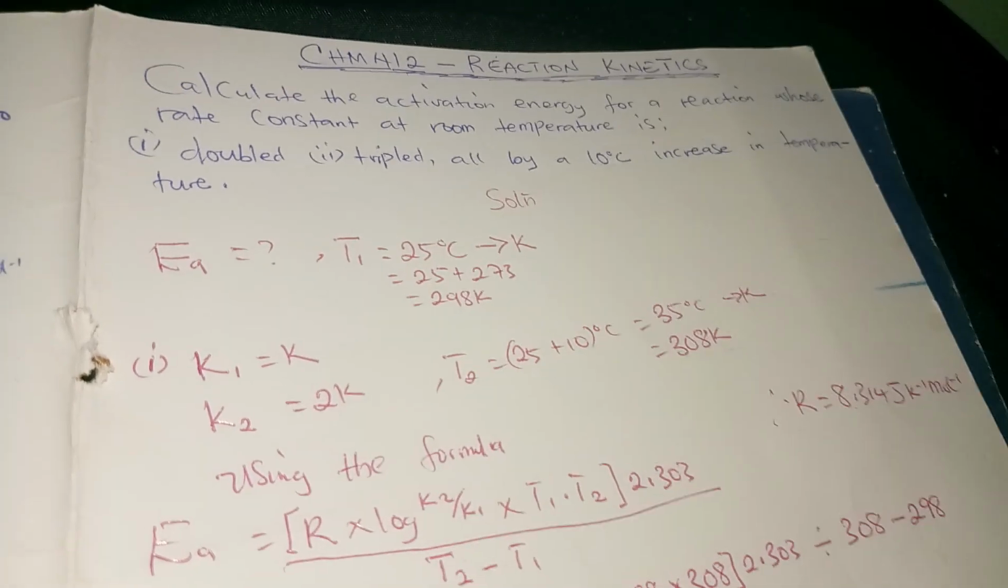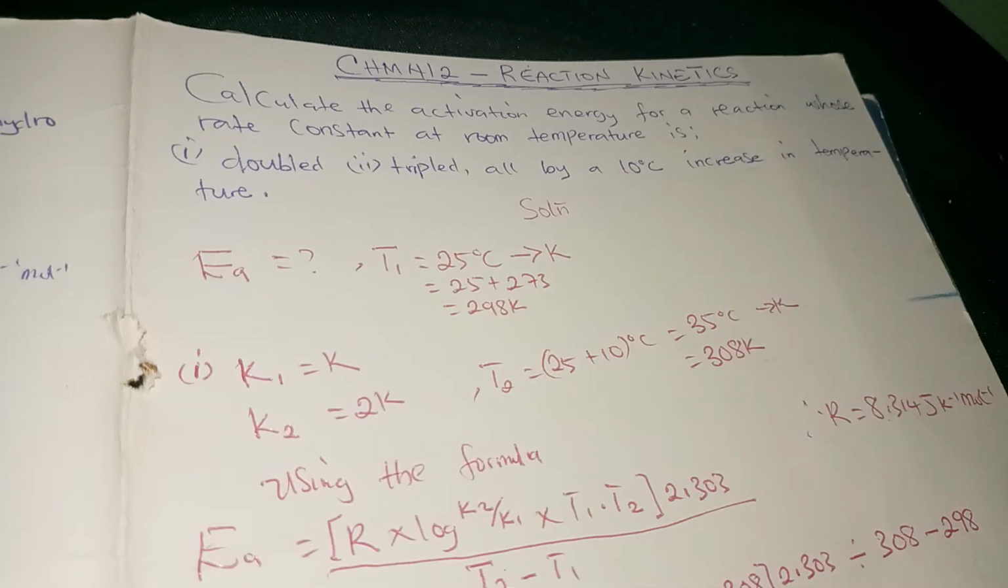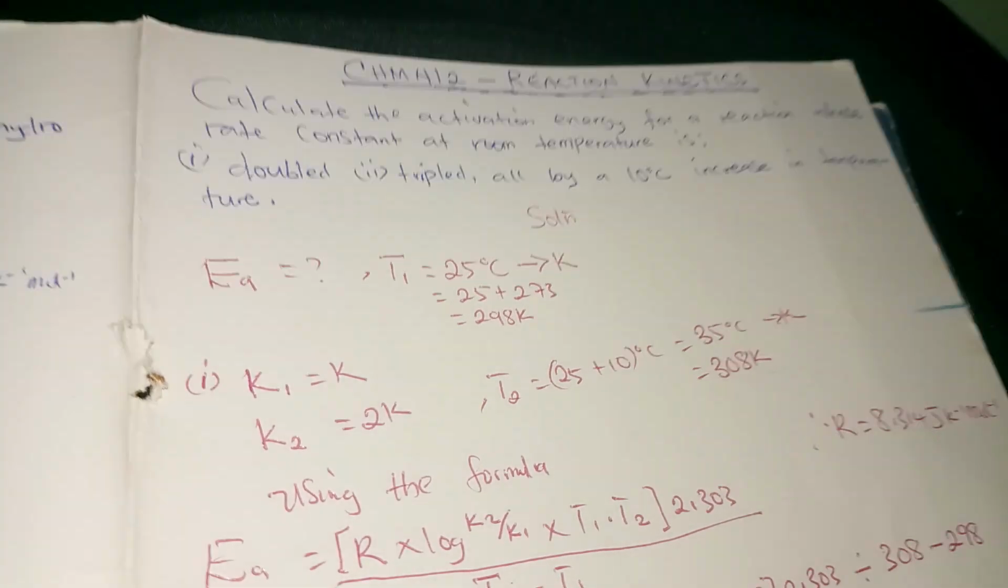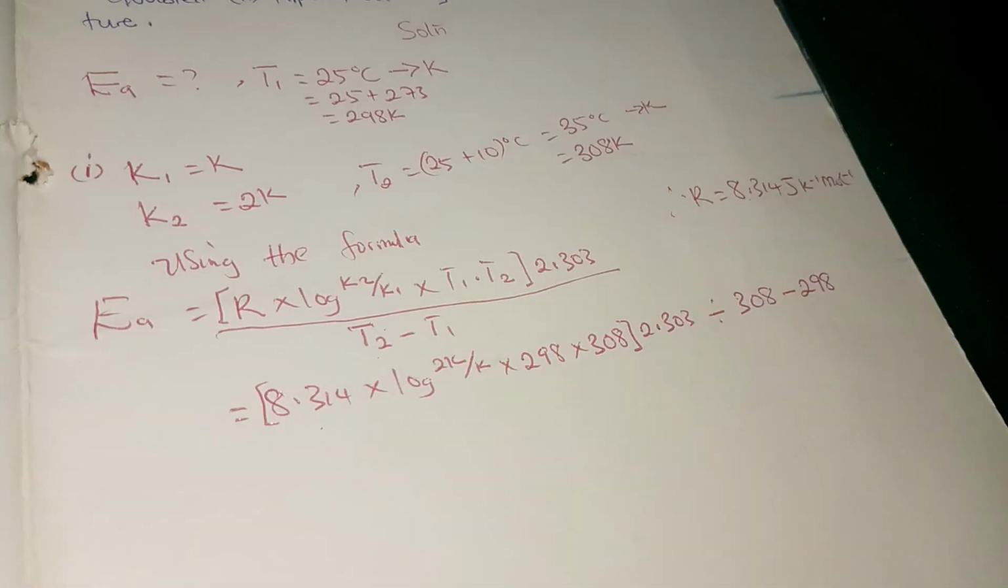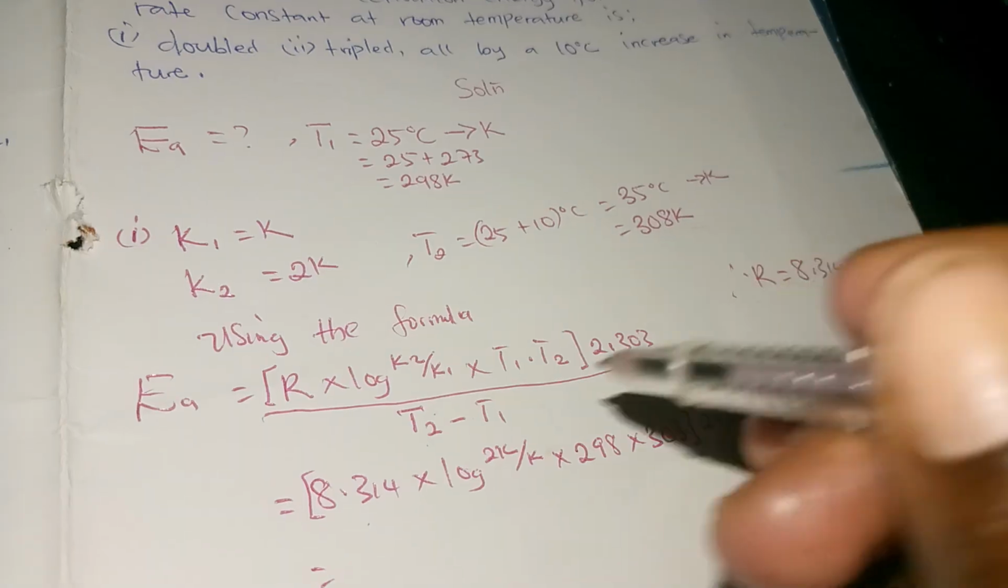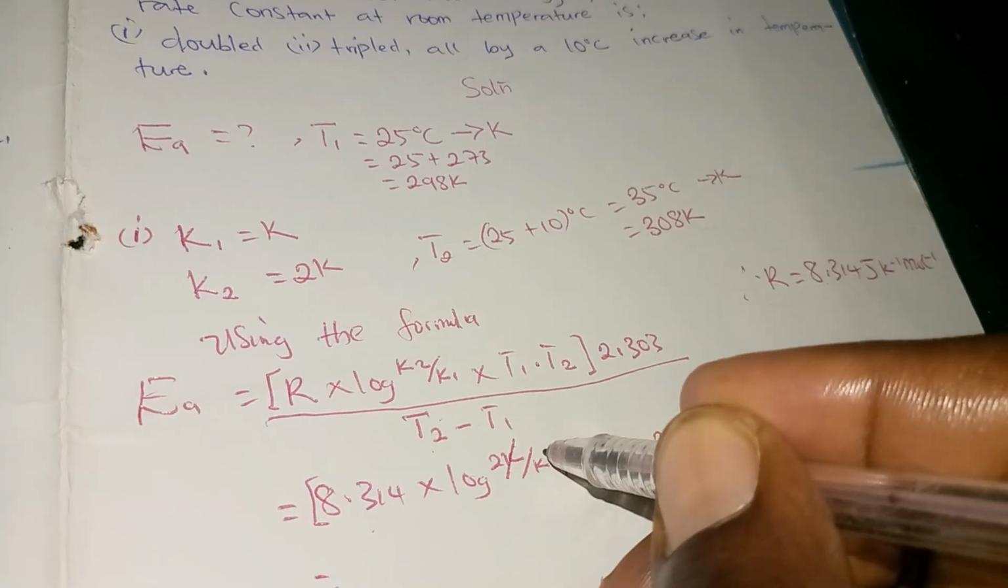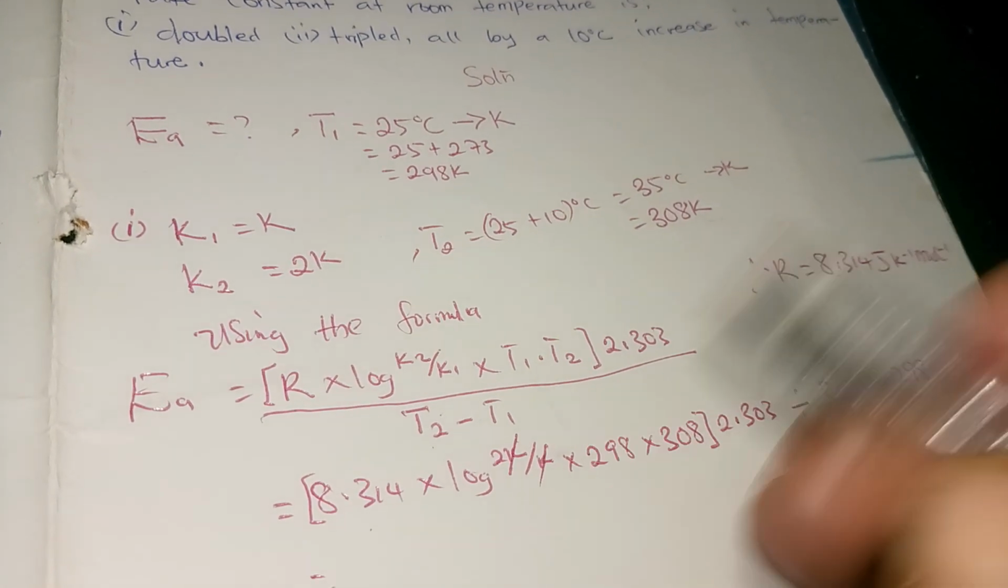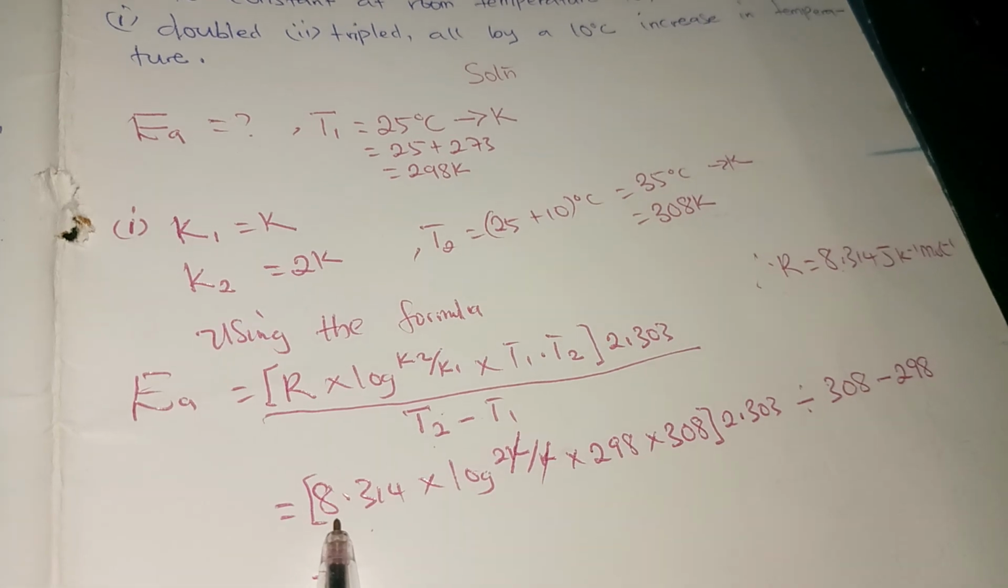Okay, once you have this, you are doing well. Okay, you are doing well. If you use your, I'm going to cancel something here. My K can cancel K. You see? So now I'm going to multiply